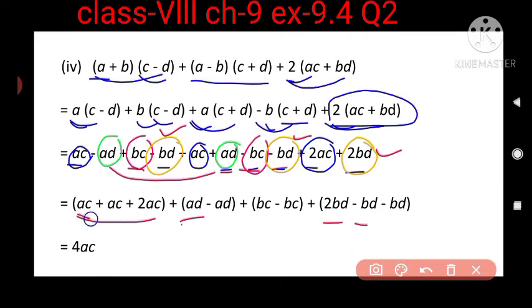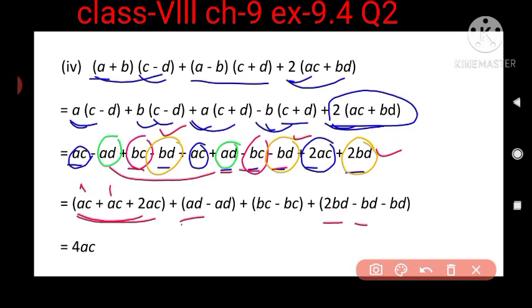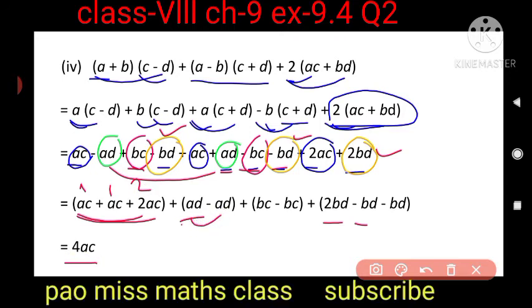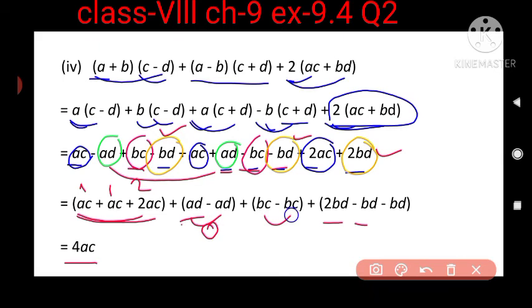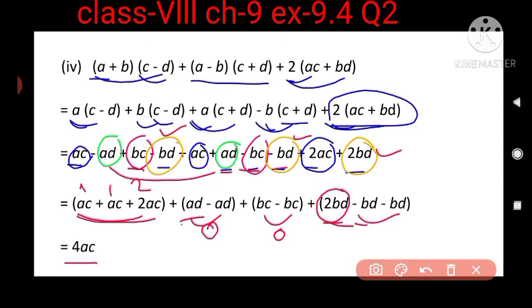Now when you solve this, all are in plus, then what you will do? You will add it, isn't it? So 1 plus 1 plus 2, it will be 4ac. Now for this, 1 is minus, 1 is plus, that means it will be 0. Now for this also, both are bc, bc, and 1 is minus, 1 is plus, then how much did we get? We got 0. Now for this term, this is positive, isn't it? And other 2 terms are negative. So solve these 2 terms having same sign.